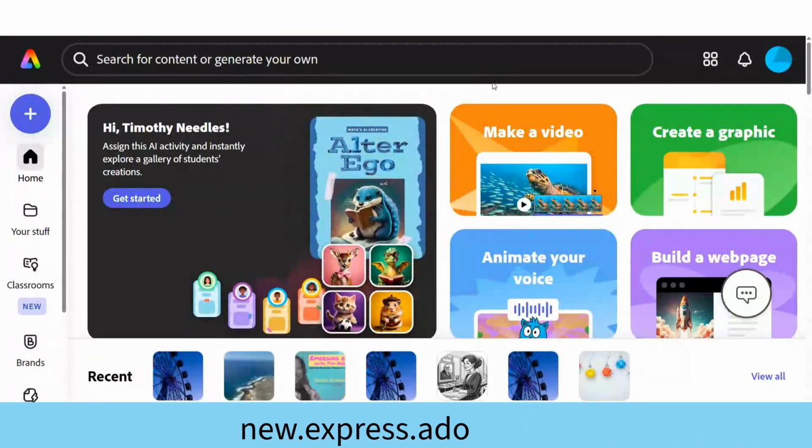Hey, so I want to share how you can make a web page or a portfolio really easily. That's with Adobe Express. Let's take a look. Okay, so you can find Adobe Express at